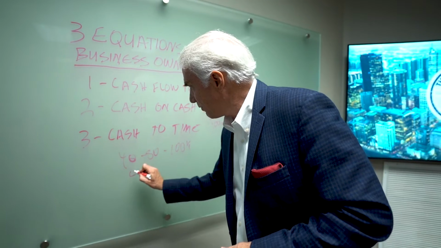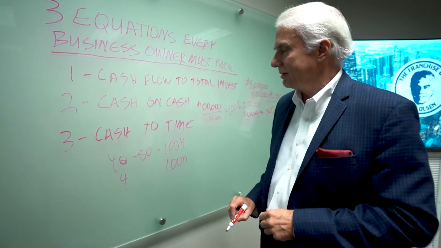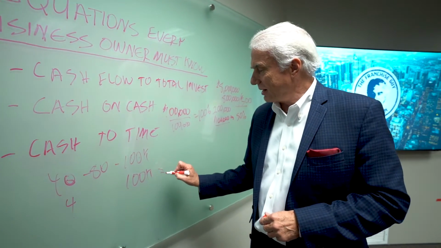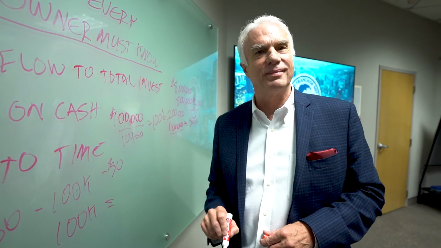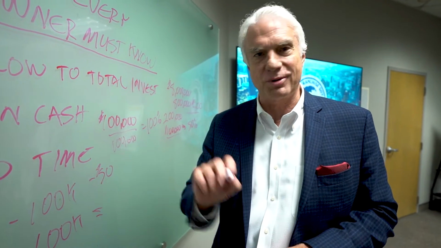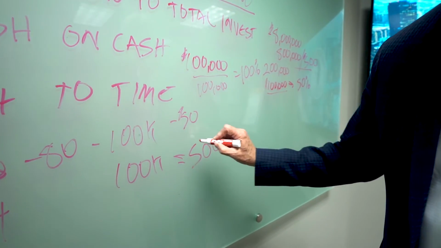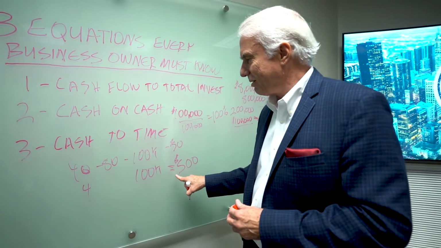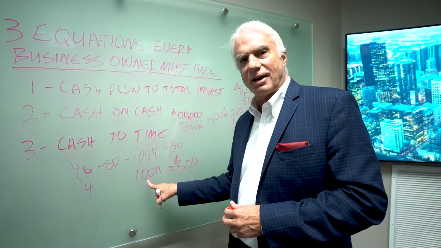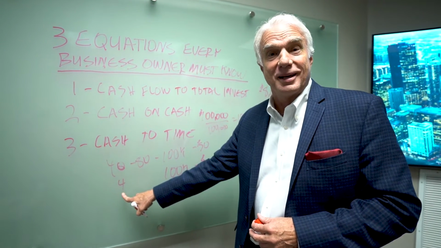So now if you're working 4 hours a week and you're generating that same $100,000 a year, now you're looking at getting, instead of $50 an hour on your time with a job for 40 hours a week, more like $500 an hour. You can do the math. The math that I've done shows that $500 an hour to generate $100,000 a year with 4 hours a week is pretty darn good return on your investment. But it can get better.